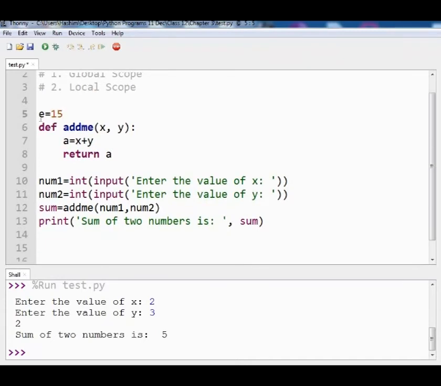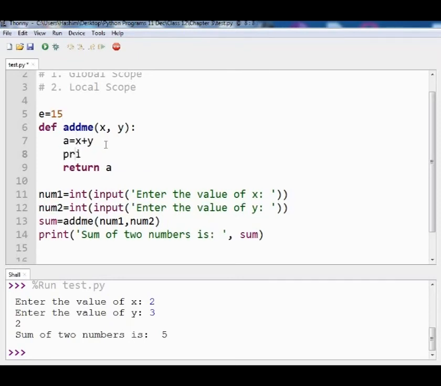So this e variable is of course a global variable. You can print it here, print e, and you can print it at the end or just anywhere you like. Let's print it at the end, and to make it different, let's say e plus 1.